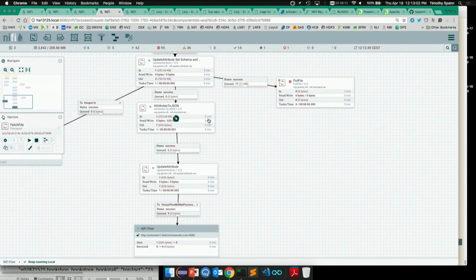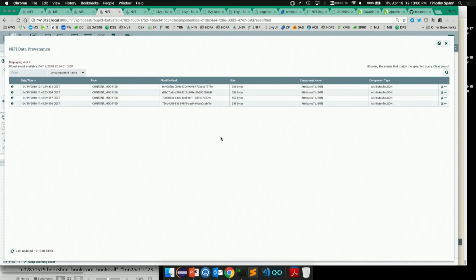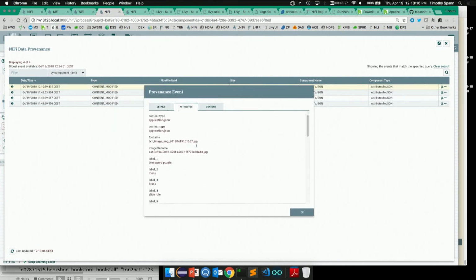So let's see if it made it through here. The nice thing in NiFi is it tells me everything it ran. It just ran this one. This looks probably recent. I don't know if my time is right, but it shows me everything that happened with this. This is all the metadata. These are the fields I extracted from that file. That file still exists, but I pulled fields out so I can examine them easier. Attributes are metadata about anything coming through my system that lets me do things on it.